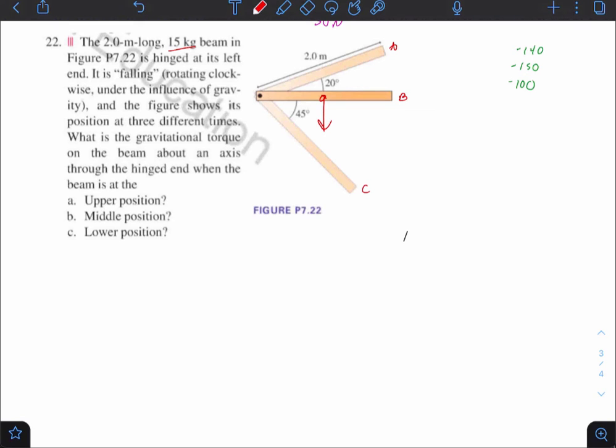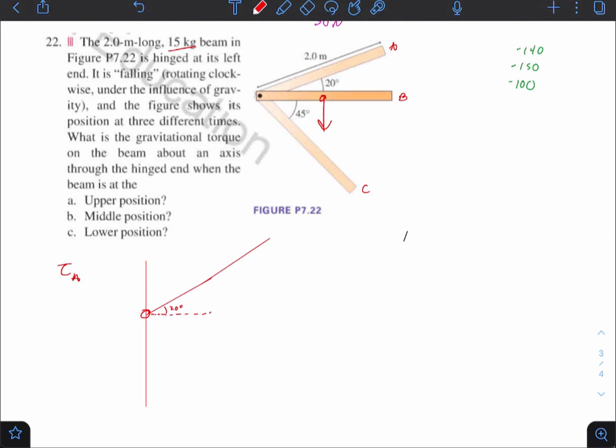Well, this is, I think, the easiest question, especially after doing the other ones. We're going to do RF sine theta. And the only tricky part about this is making sure you get your angles right. So I'm actually going to draw them just so I don't make a mistake. All right, so this is our pivot point, and this is a 20-degree angle,